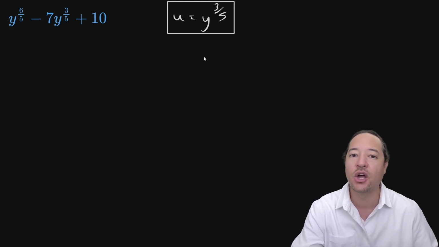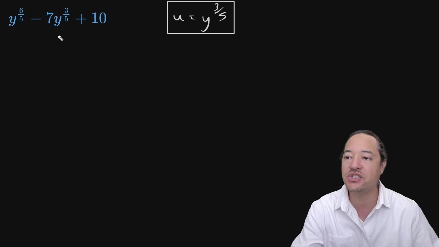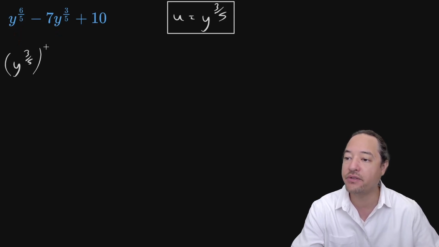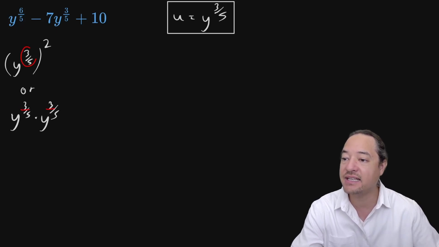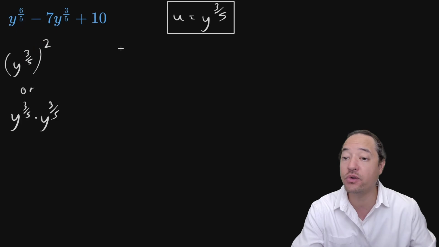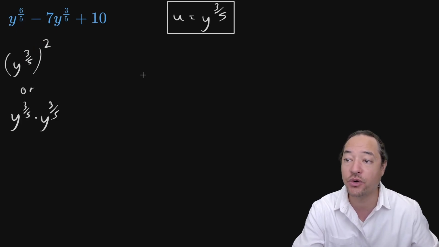Now, if we do that, this is just going to be a minus 7u, right? But what is this in terms of u? Well, we can think of this as y to the 3/5 squared, or y to the 3/5 times y to the 3/5, because 3 plus 3 equals 6. And 3/5 squared distributes in, so this will become a 6/5, right? So you can replace it with either of these. And so notice now, if we rewrite our original equation, we're going to get a u squared minus a 7u